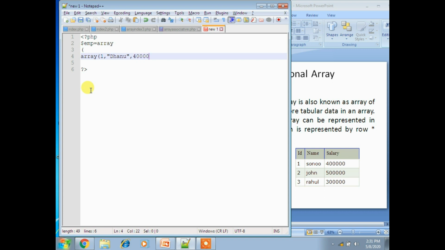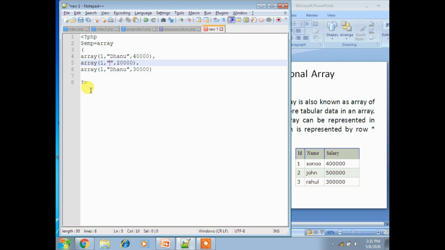40,000. Now, comma, then you can use another array, which has this easy method. And then finally we'll take 20,000, 30,000.